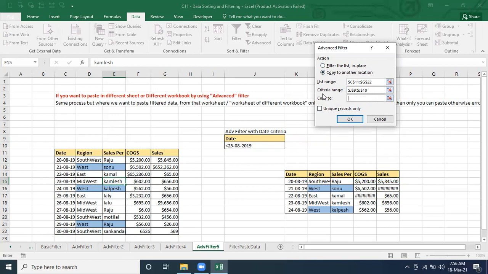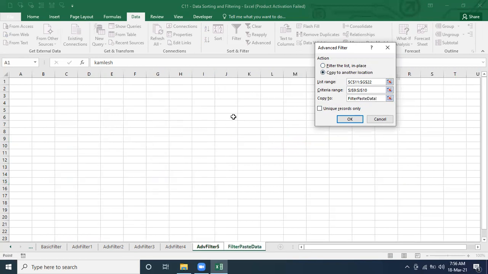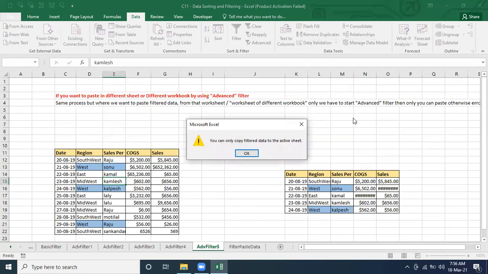Wherever you want to do the filter, I want to do it here itself. Correct or not? But it is not going to work. Here the error is giving: you can only copy filtered data to the active sheet. So we can do it here itself.